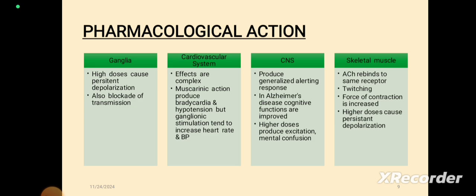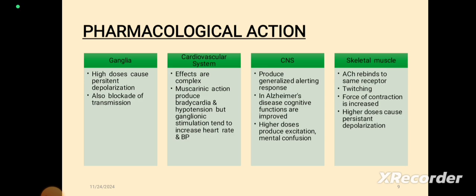For skeletal muscles, ACh, that means acetylcholine, rebinds to the same receptor, causing twitching. Force of contraction is increased. Higher doses cause persistent depolarization. So here we are repeatedly seeing the term persistent depolarization. Persistent means back to back, and depolarization we all know from the mechanism of stimulus that depolarization happens. So back to back depolarization will be happening because of high doses, and the transmission will